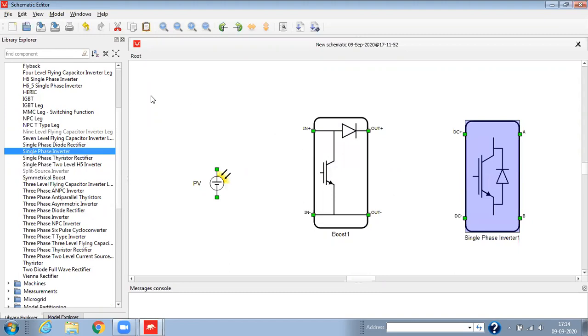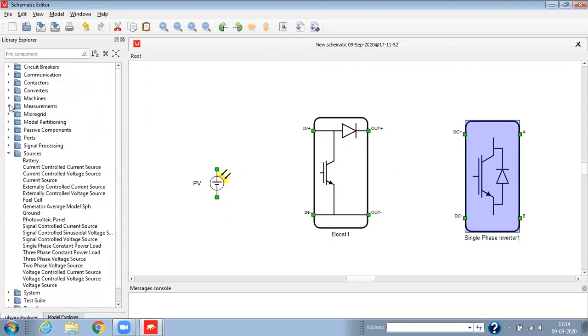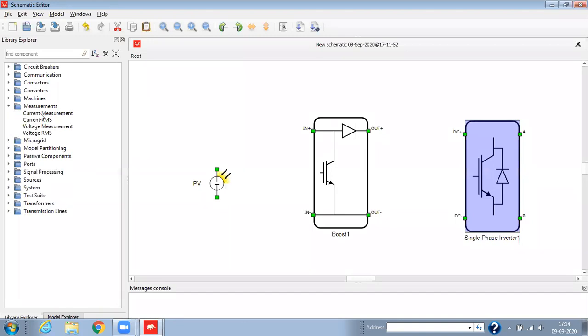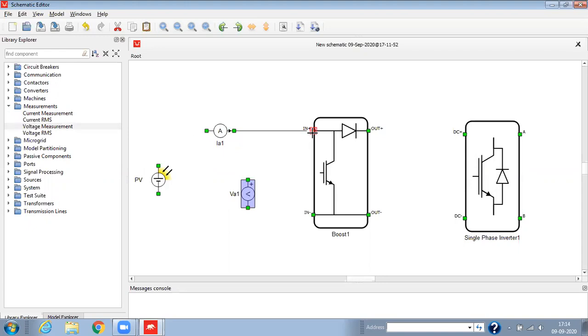Now we'll drag some measurement components. We'll drag a current measurement, then a voltage measurement. This current and voltage measurement is to measure the current and voltage of this PV panel.